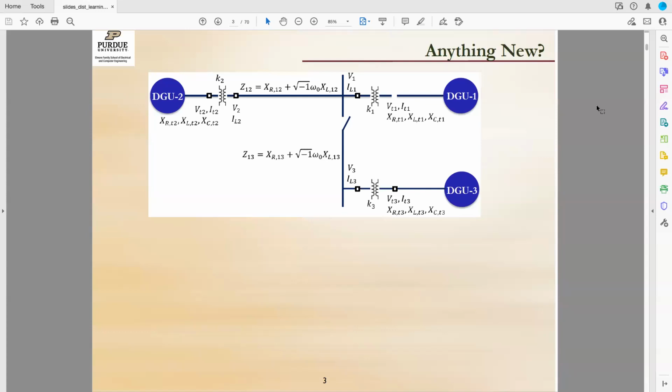Okay, so this is a distributed control problem. I have to control how much power I'm putting in and how much load I'm consuming. But the guarantee that I want is for the entire system, when I do not even know what the system looks like or what the other controllers and other parts of the system are doing.